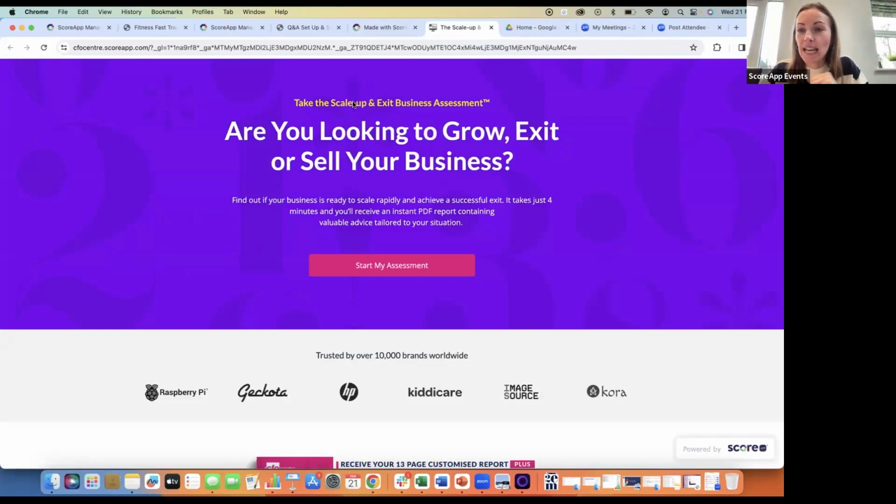So this one is called the Scale Up and Exit Business Assessment. I like the headline. I think it's got that, are you looking to grow, exit, or sell your business? So I think it's clear who it's for and what it does. Then in the subheading, we're using content that is your business ready to scale rapidly and achieve a successful exit. So even though it's based on that goal, which is to grow and sell their business, we want to start tapping into those ultimate prizes of doing that, which is obviously to scale it really quickly and sell it for lots of money. So starting to use content that taps into those ultimate prizes can be really beneficial on the